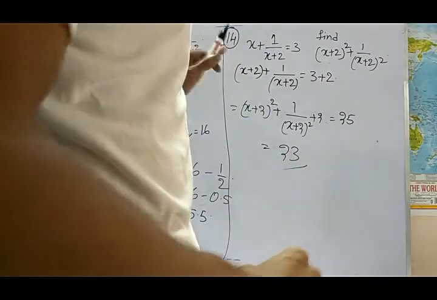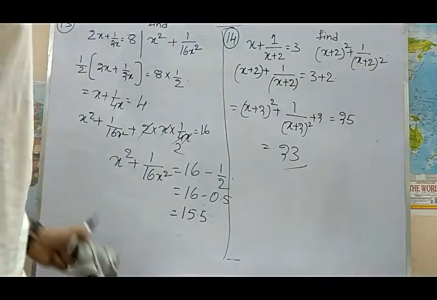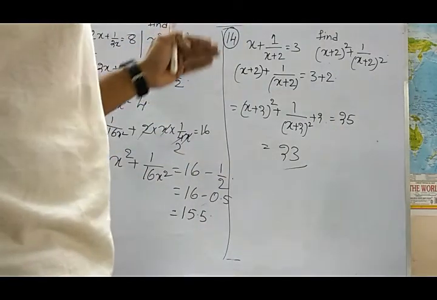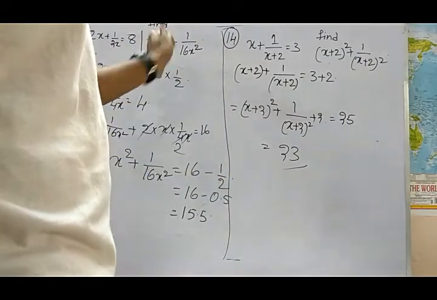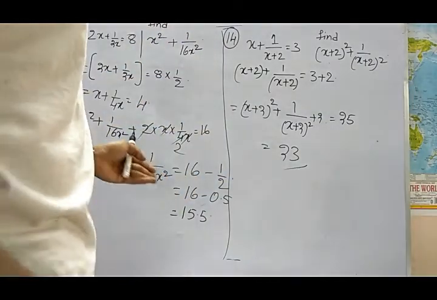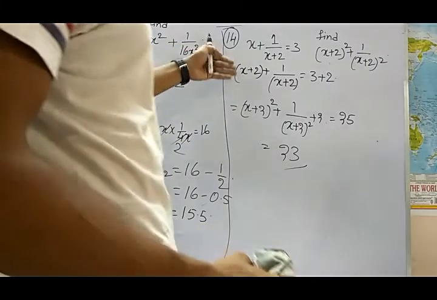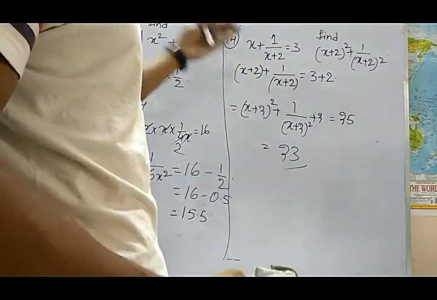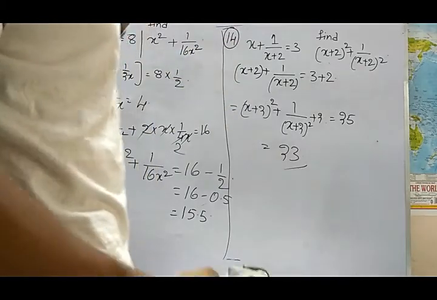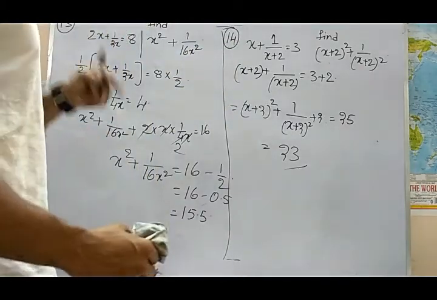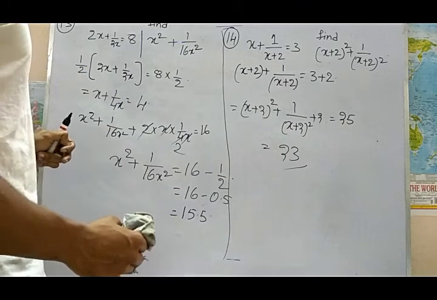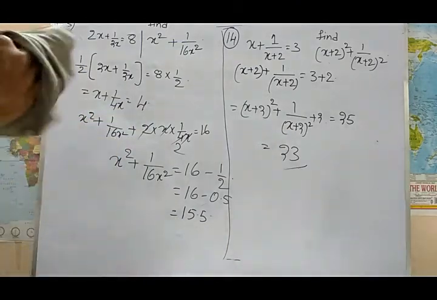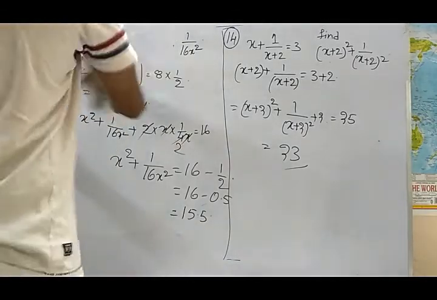Within 2 steps we got the answer. You can make it one step. Even without steps also you can calculate in mind, and you can solve the answer within 2 seconds. But here I am explaining you, so I am writing each and every step, but there is no requirement for you to write every step. You can just calculate in mind and just pick the answer which is given in question, or you can just write 1 or 2 steps if you are feeling confused. So we will go to next question.